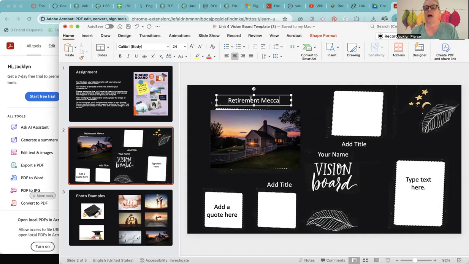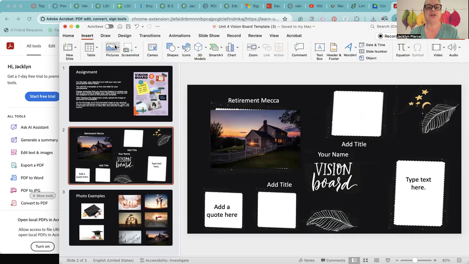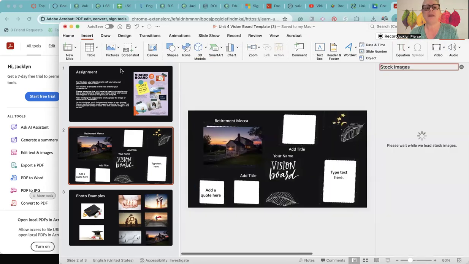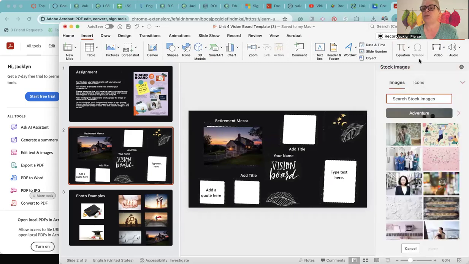Okay. Then I need 2 additional pictures, and I'm going to show you how to use the PowerPoint itself to get the pictures. So we're going to click in this box, and we're going to click on Insert, as it mentioned, and we're going to choose Pictures, and I'm going to choose Stock Images because that's what the instructions give you. So in the stock images, you're going to search the stock images.